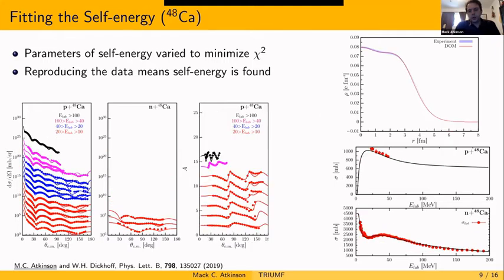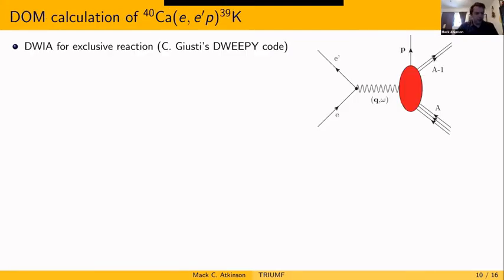I did the same sort of fit for calcium-48 with all positive observables and negative energy observables. So now that these nuclei have been fit, I can proceed now to address the main question of the talk, which is once again the quenching of spectroscopic factors. So one way to look at this is to directly calculate this reaction that's done in order to look at spectroscopic factors, which is the E'-P.